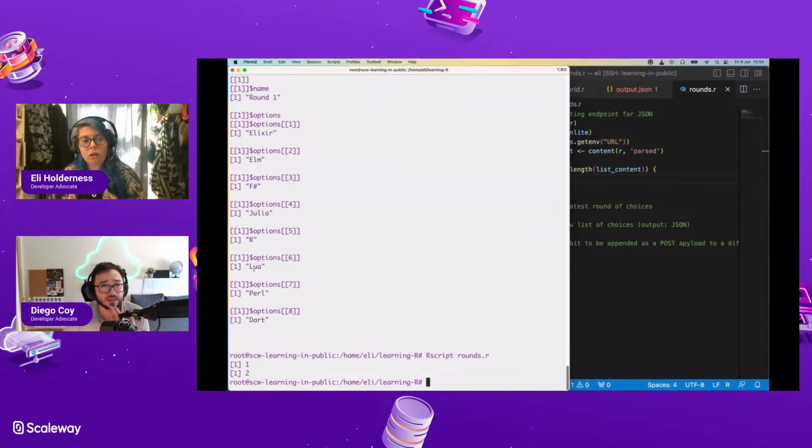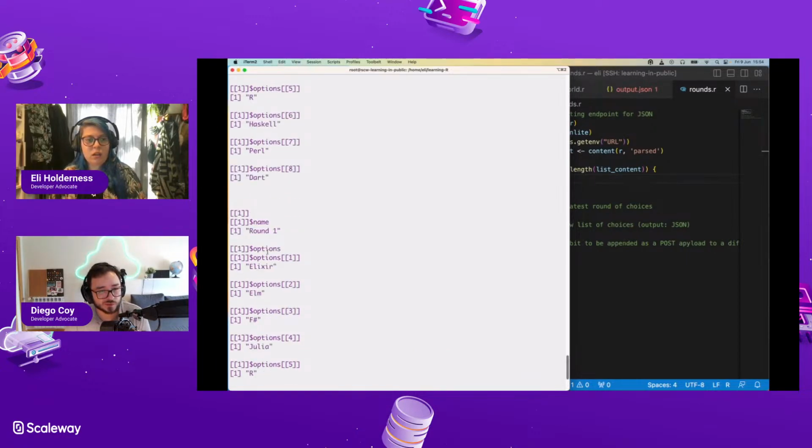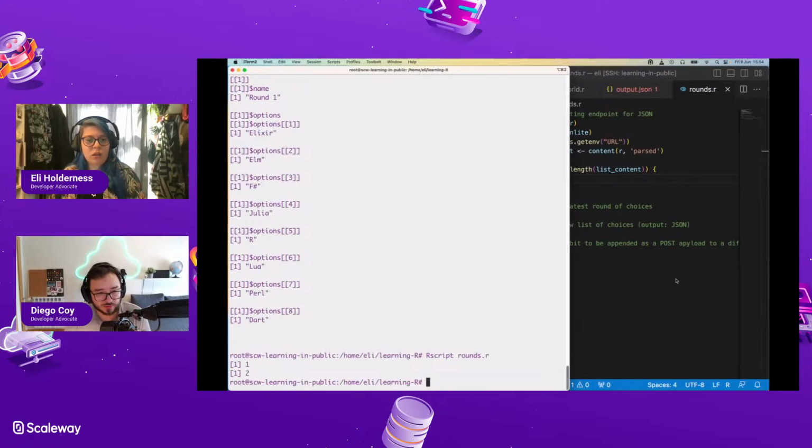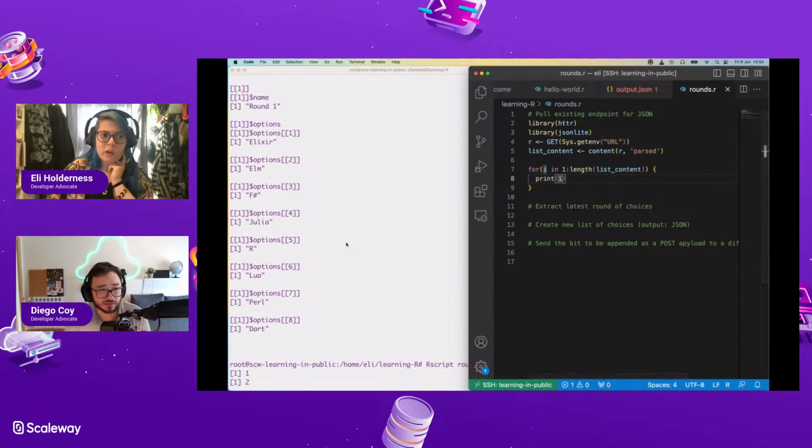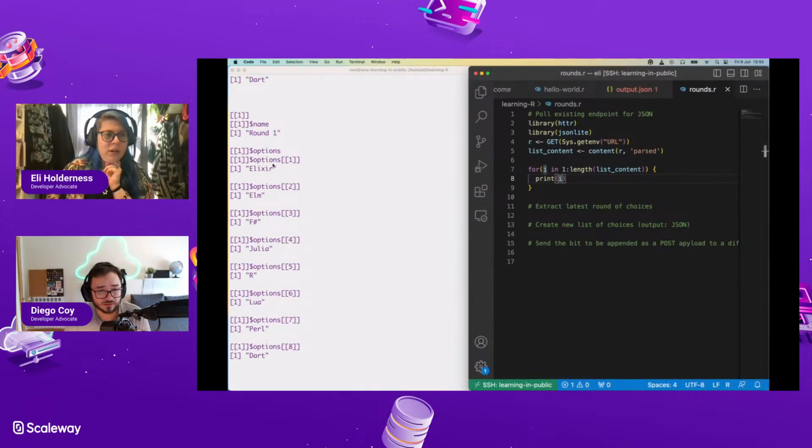Maybe the nesting level? Yeah, maybe. So let's see, for the options, 1, 2, 3, 4. Options is the base level. Then you have up, I don't know. It is starting to make sense to me.